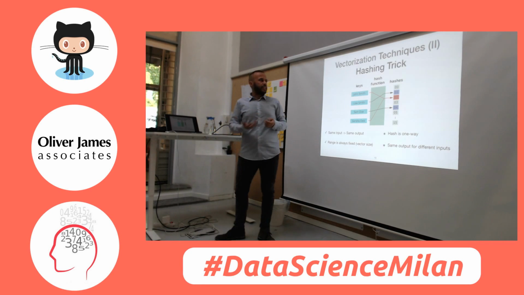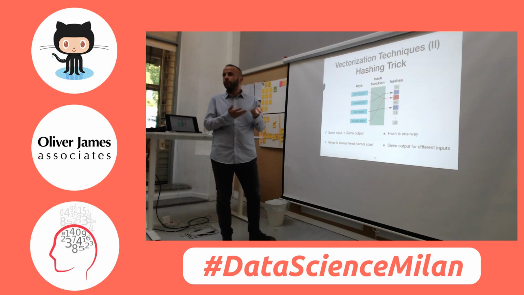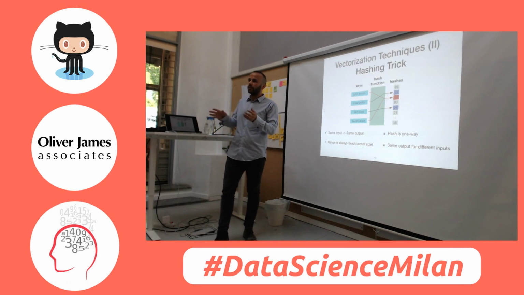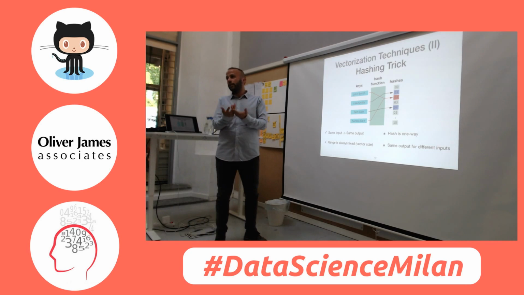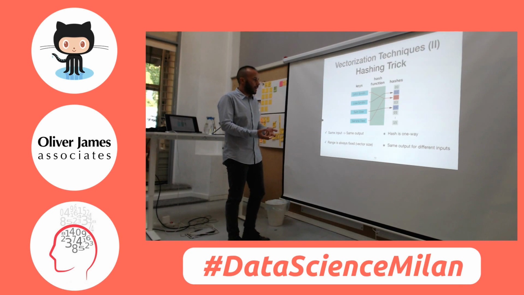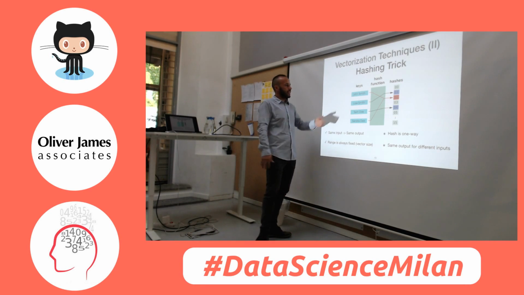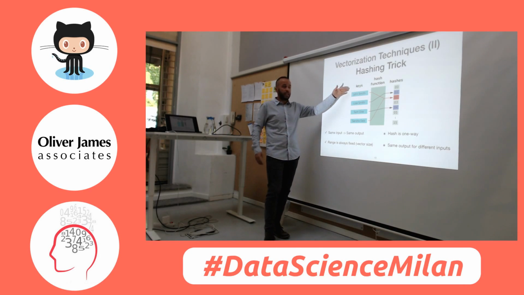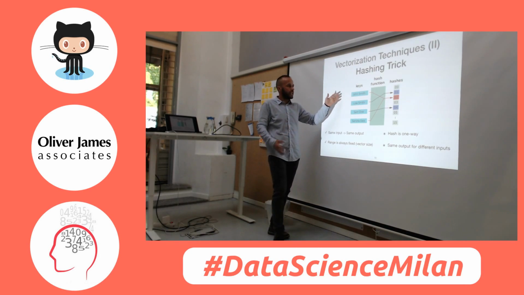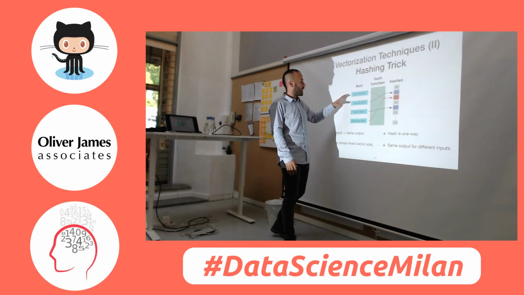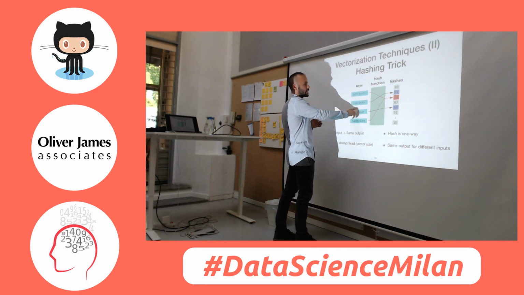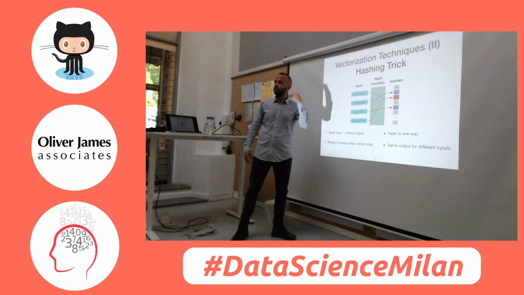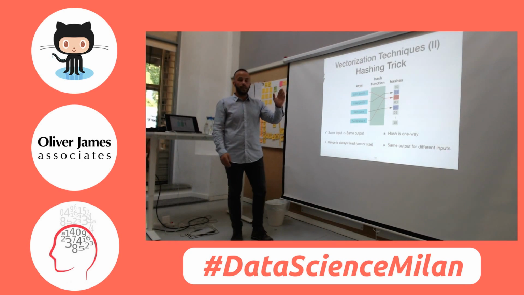Well, we have another technique, which is called the hashing trick. And whoever is a software developer knows what a hashing function is. And who doesn't know what a hashing function is? We simplify by saying that given an input, which in our case is words, it gives us an output. John Smith is going to be number 2, for example, and Lisa Smith is going to be mapped to the vector 0, 1.